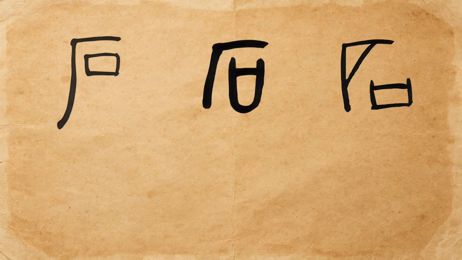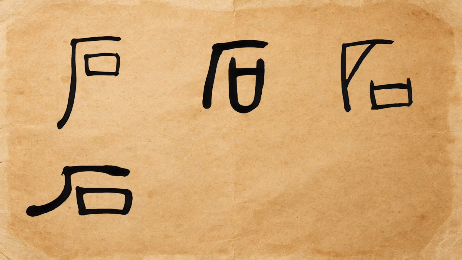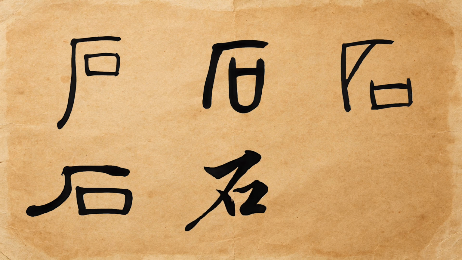Next, in seal script, the corners of all of the strokes were rounded, but the structure wasn't changed. After that came clerical script. The round corners were sharpened out. The character became flat and wide, and the left falling stroke, which used to be one continuous stroke, gained a kink in the middle. In running script, speedy writing necessitated the connection of the uppermost horizontal stroke with the left